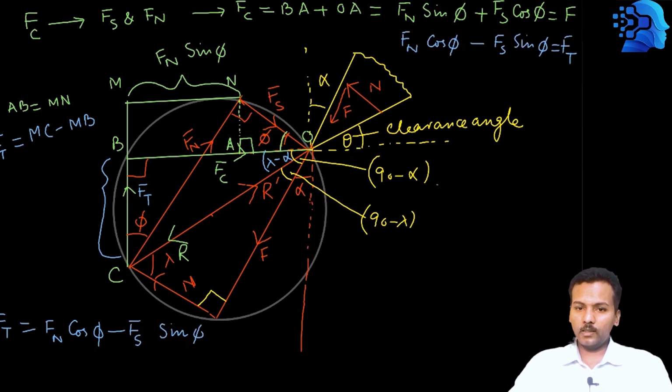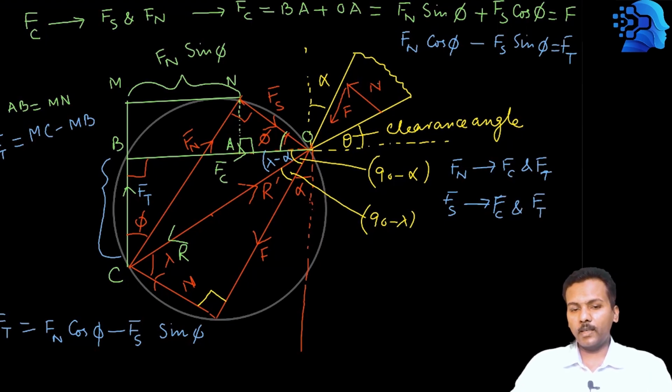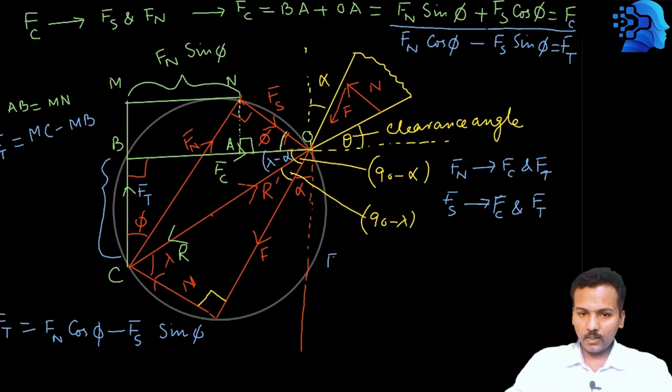If you want to calculate the value of this Fn in terms of Fc and Ft, and this Fs in terms of Fc and Ft, then there is a simple trick you need to apply. Multiply the first equation by sin phi, it will become Fn sin square phi plus Fs sin phi cos phi equal to Fc sin phi,